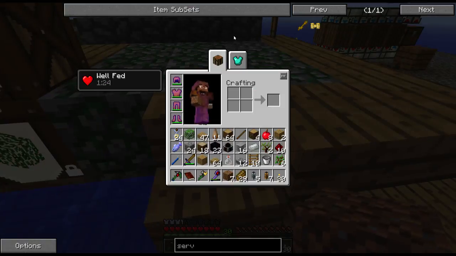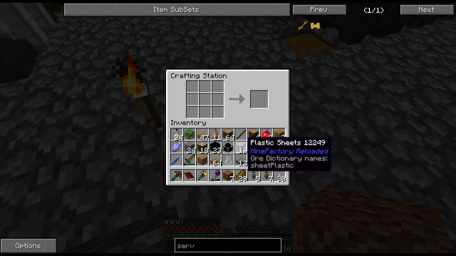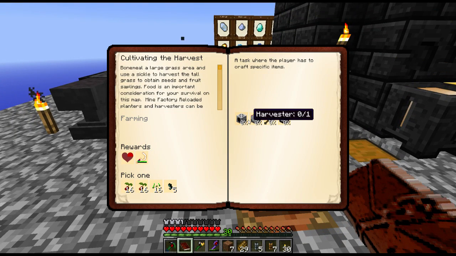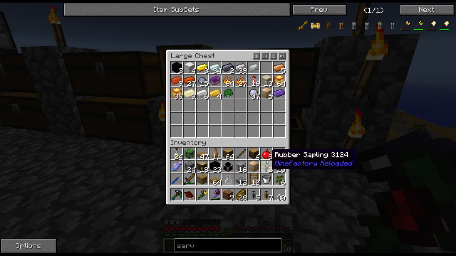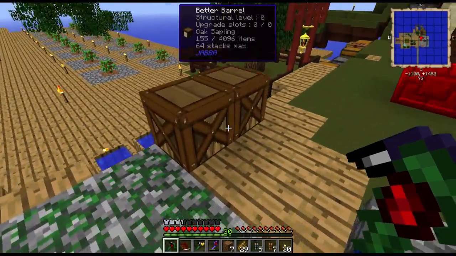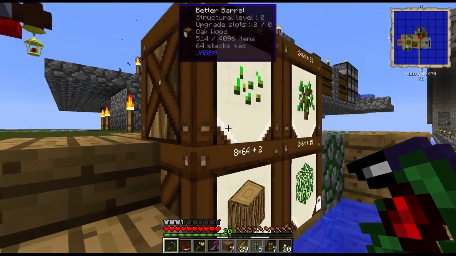So, Minefactory Reloaded. That's the next step here, and I need to figure out what we need to do. We do have some plastic sheets, and I want to complete this quest: harvester, planter, sludge boilers. So, for that, I know for sure that I'm going to need a lot of different materials. Invar is one of the materials that I will need, and it's a good thing that I have prepared that, because I actually spent some time